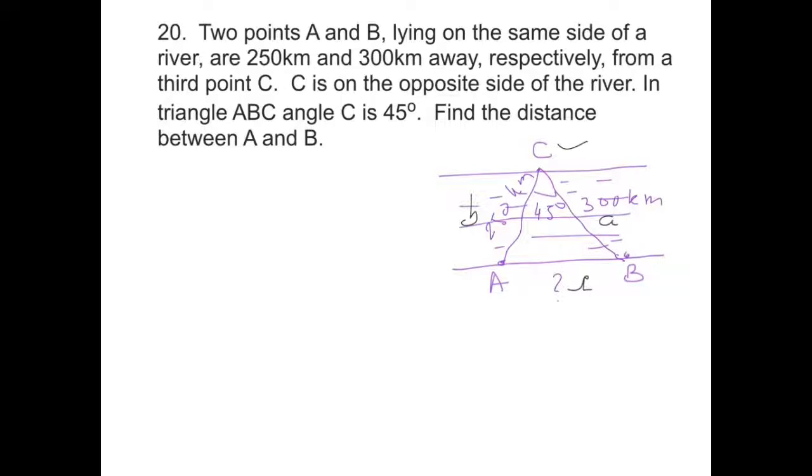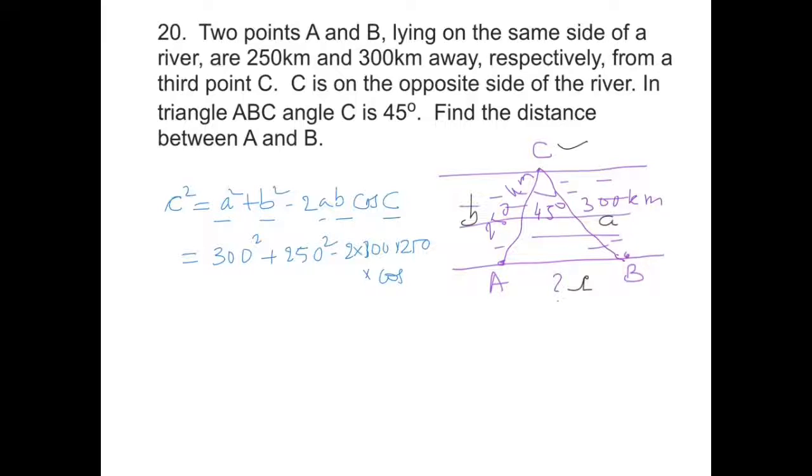So as per the cosine rule, we can write small c squared as A squared plus B squared minus 2 times A into B into cosine of angle C, and we have all the parameters given to us on the right hand side, and therefore we can easily find the length of side C. So therefore this becomes 300 squared plus 250 squared minus 2 into 300 into 250 into cosine of 45 degrees,